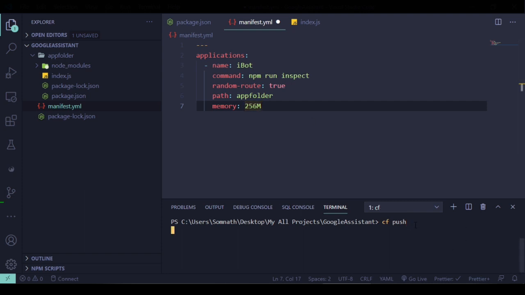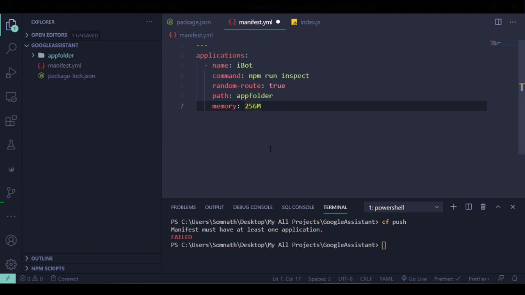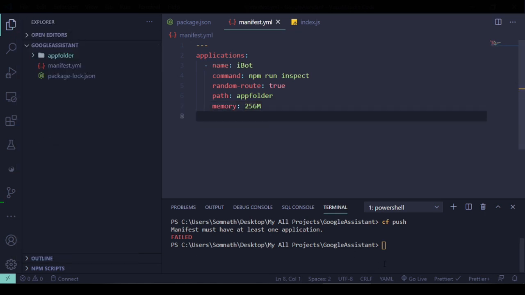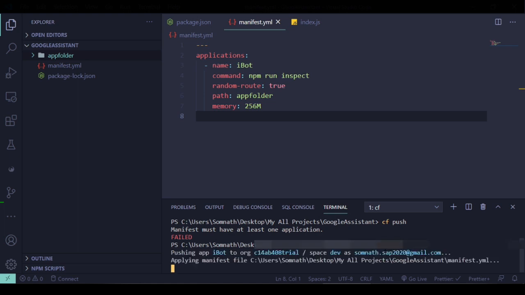In case this cf push doesn't work, maybe the manifest must have at least one application. Yeah, we need to save this file. I forgot to save. So now it should work, cf push, and it should start deploying the application.